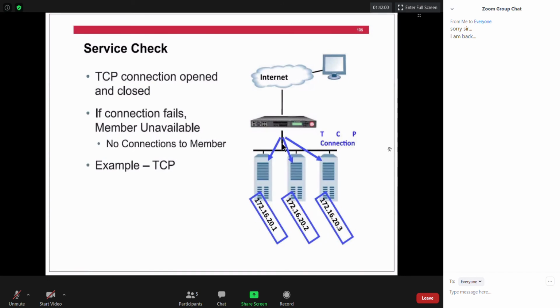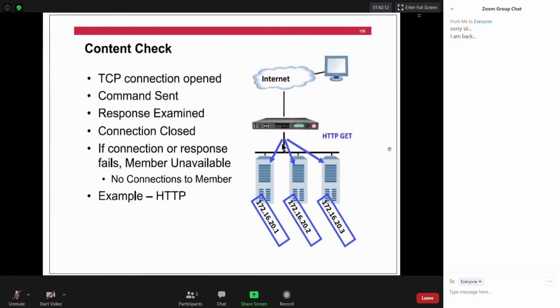Service check. You can use TCP and try to establish a TCP connection. If the TCP connection was established successfully, that's good. If the connection fails, which means the service is down, right? Content check, like for web pages, you can send an HTTP GET message and you will get a response. On BIG-IP, you can always provide, hey, I should get this information in response.